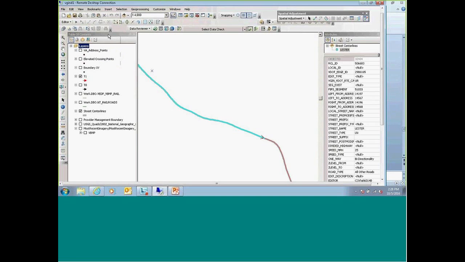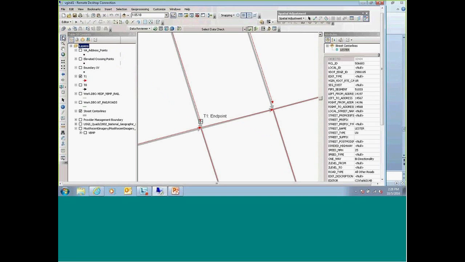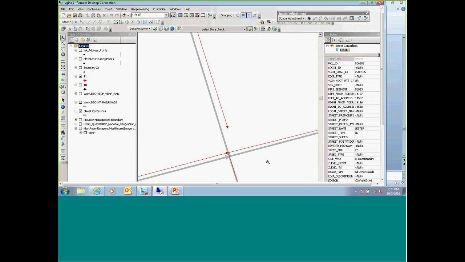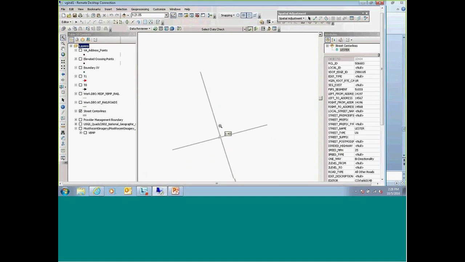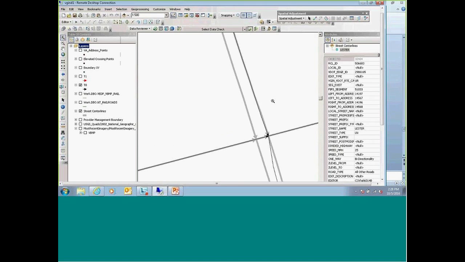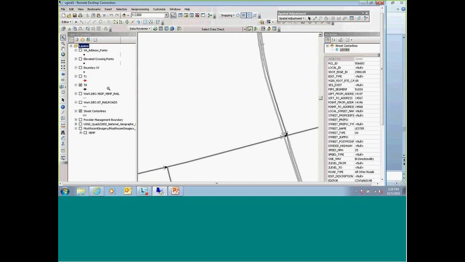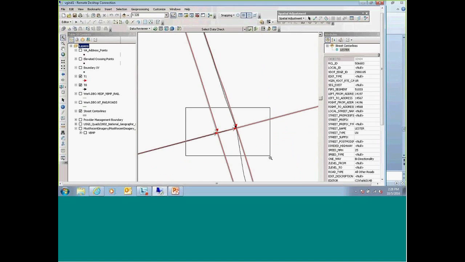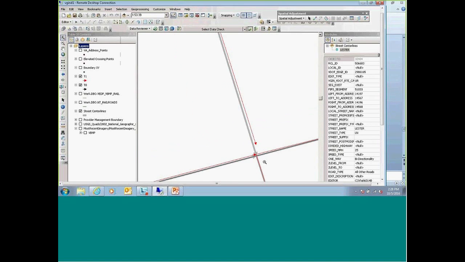Another thing is dangles, where they don't meet. You can obviously see this was interesting, because if I take off the layer that was just submitted, they made a major change. They realized that this needed to be a dual road. So they did add the double line in, but also neglected to snap it to the road.